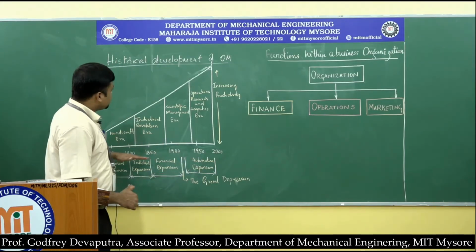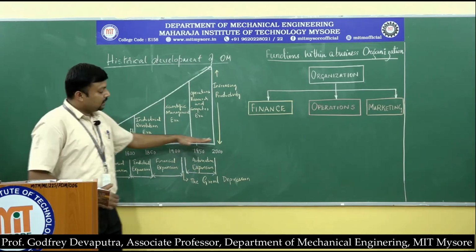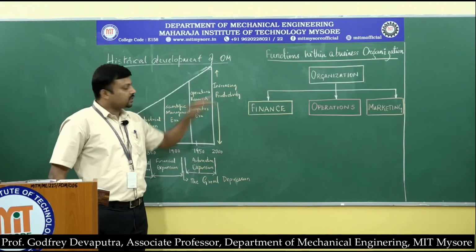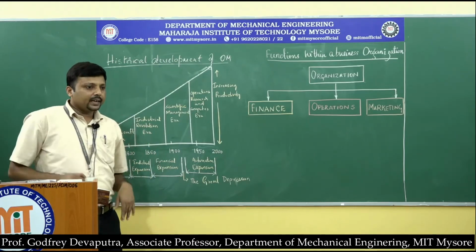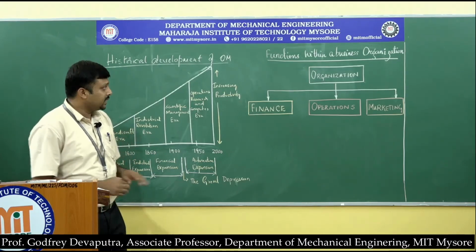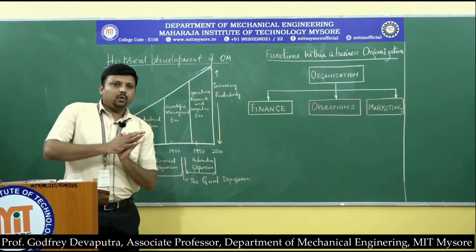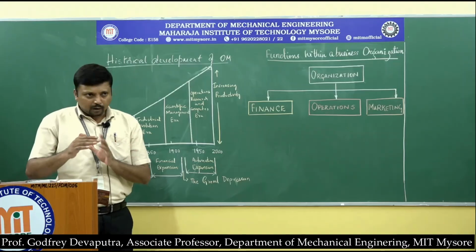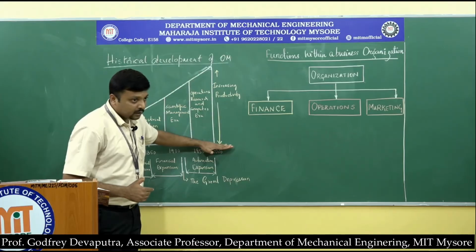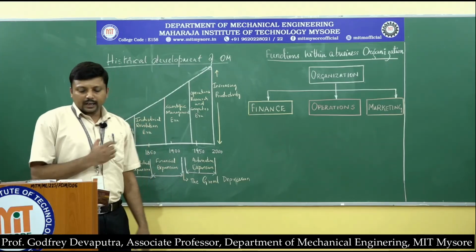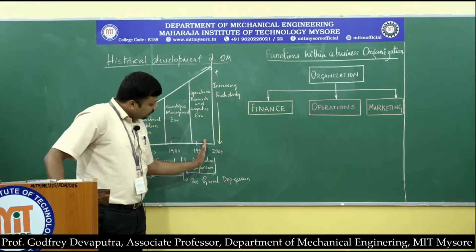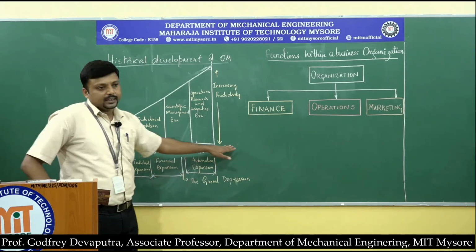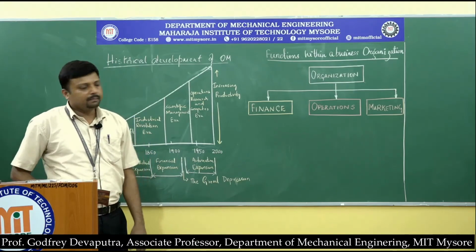Now, as you can see, in this line diagram the other axis shows increased productivity. I have not yet introduced productivity at this point, but still it is the measure of how much more we get from the little that we give. That is, by inputting very little, how much more we are getting, and the rate of increase in that ratio called productivity is happening, and it is beyond this. Beyond 2000, the age of machine learning and artificial intelligence is now helping the market become bigger.